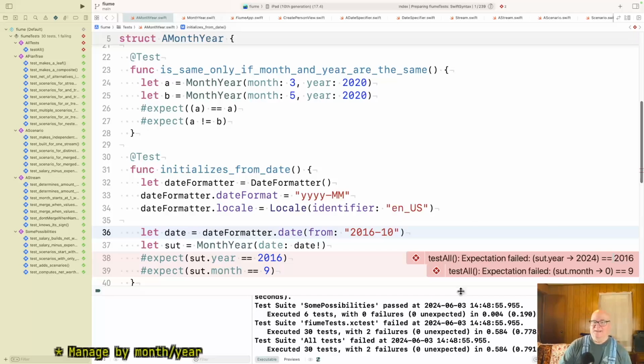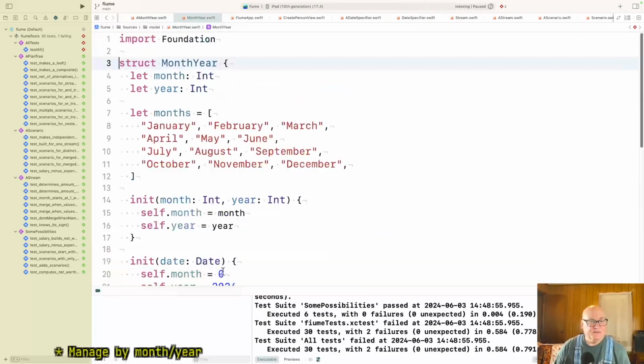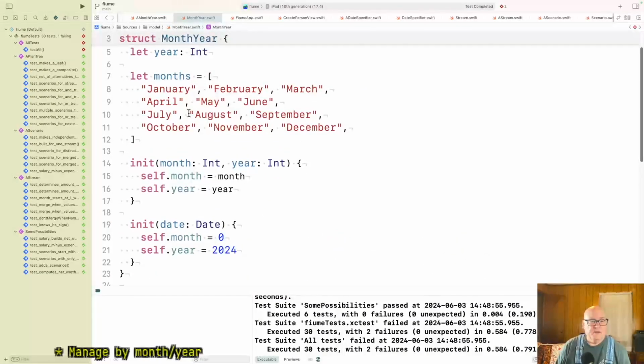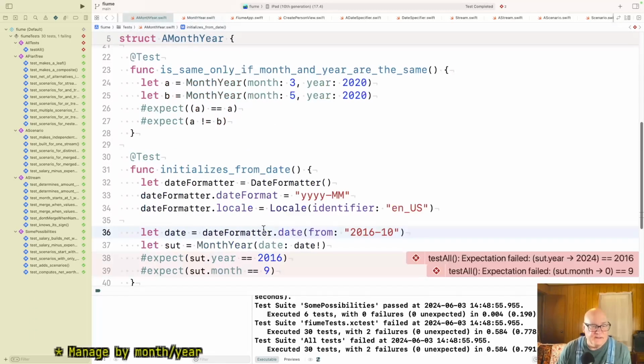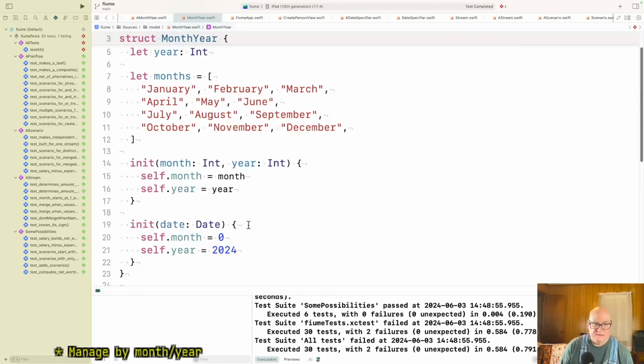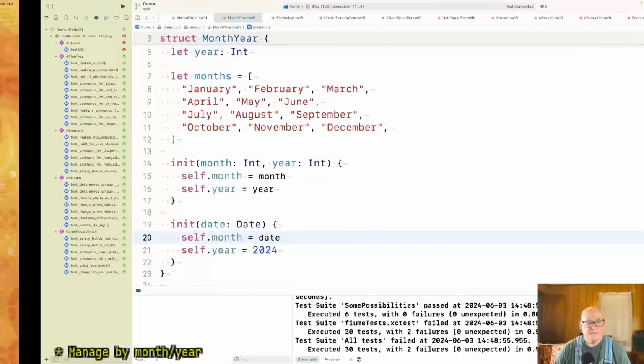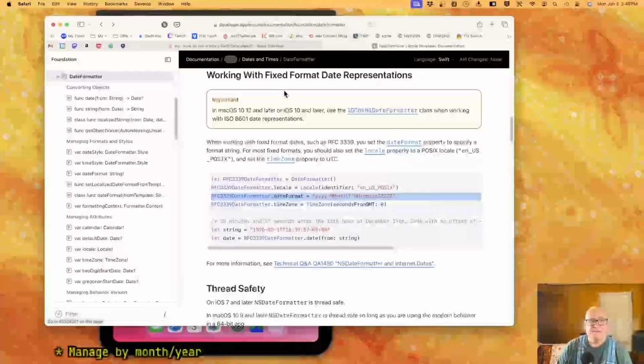Good. Okay. That's the hard-coded values I put in here for default. Okay. So, I don't know a good way to get that then. Oh, date must have it. Must is such a bad word, isn't it?